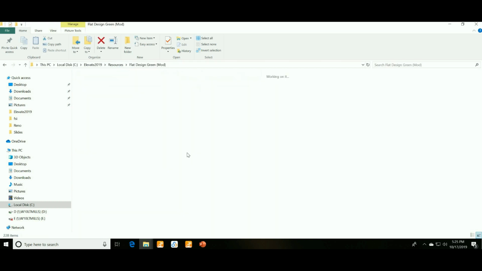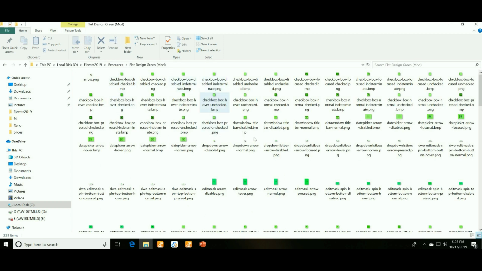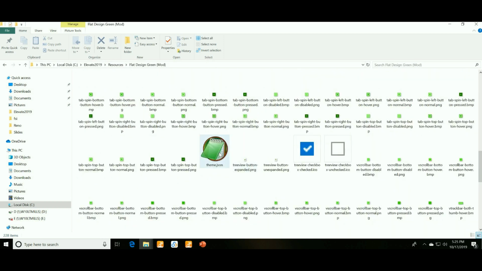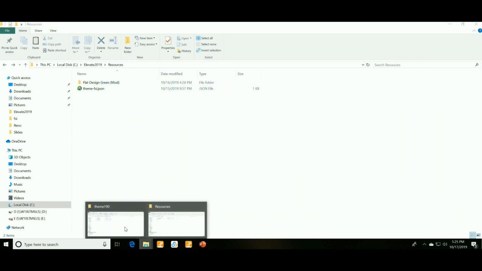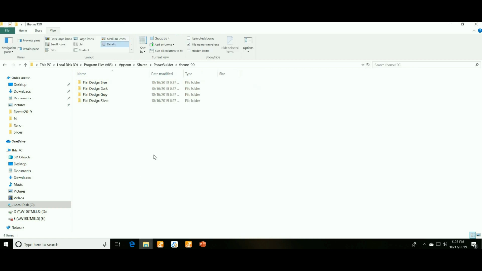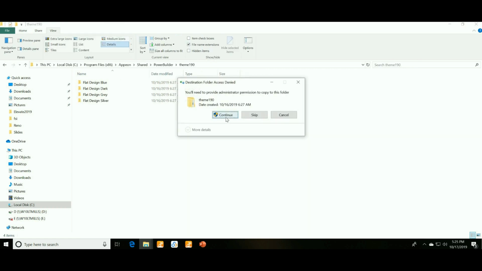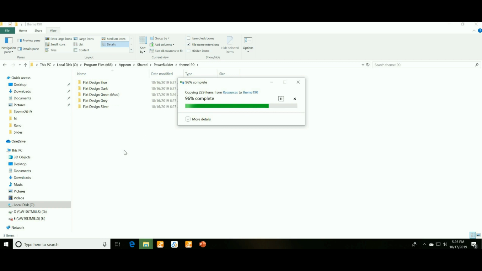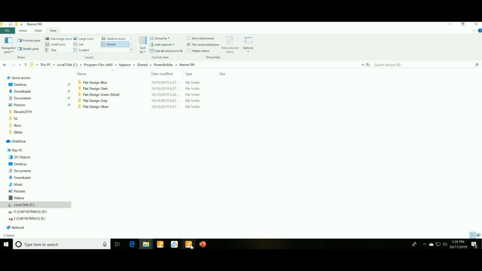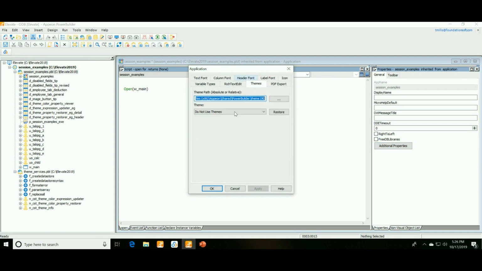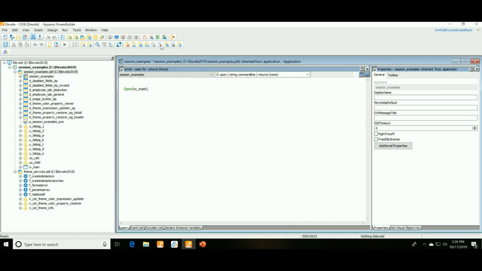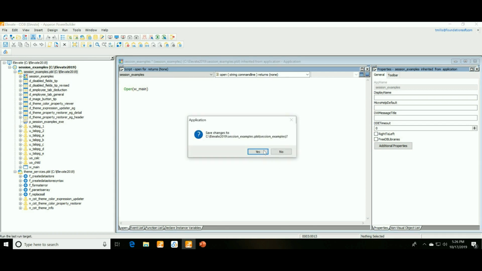And then I also made some changes in here to the theme.json file to just change the values over to green values instead of the blue ones. So let me copy this guy, and we will put him back in the theme 190 folder. Okay, there it came. So let's hop back over to the IDE. So now when I go into additional properties, there's my flat design green, so I can pick that one. And when we run,